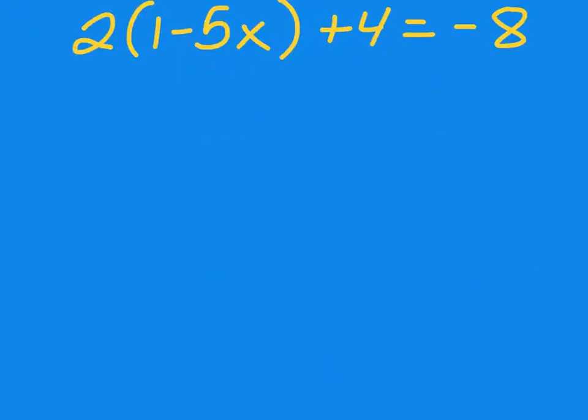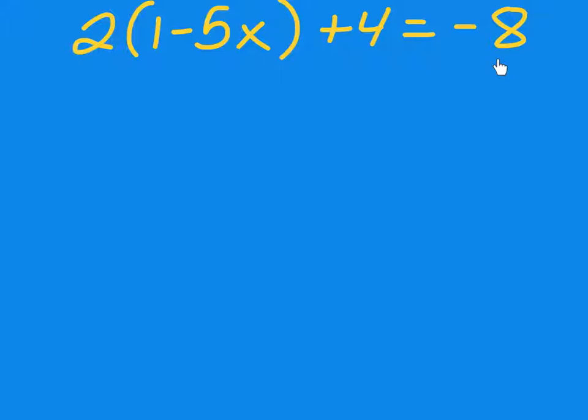Alright, we're going to add another step here. This is example number 3 using the distributive property. With the distributive property, remember, whatever is on the outside wants to be distributed evenly to what's inside the parentheses. Okay, so here we have 2 being multiplied by the 1 and the -5x, plus 4 equals a